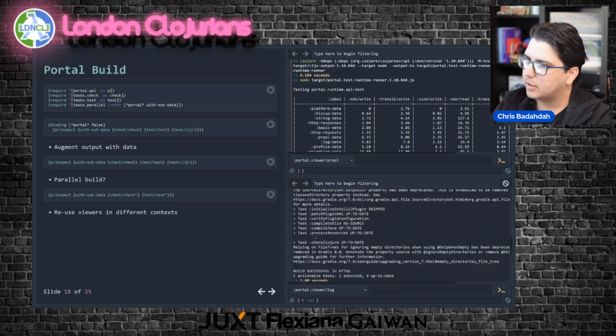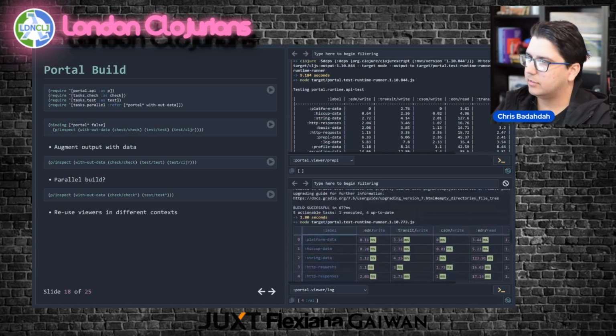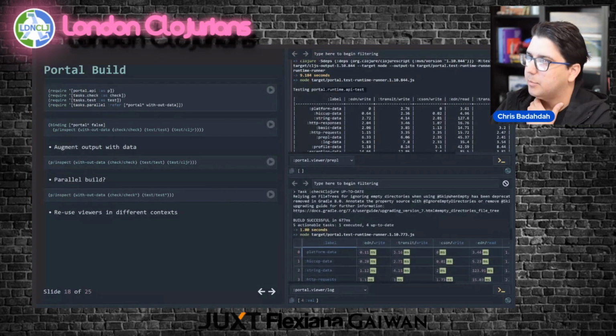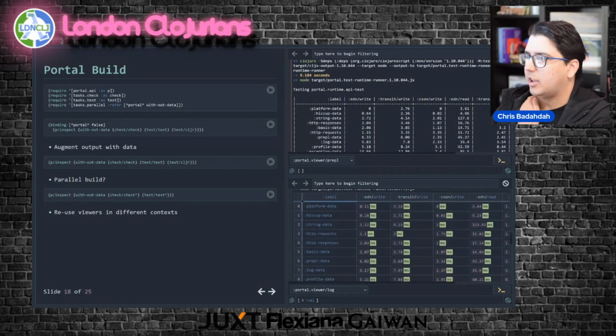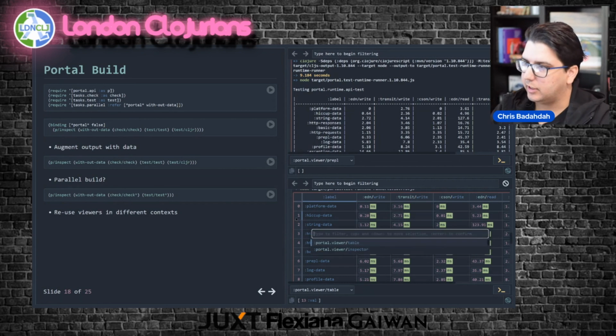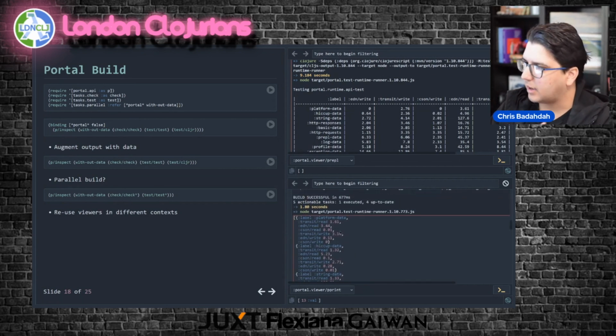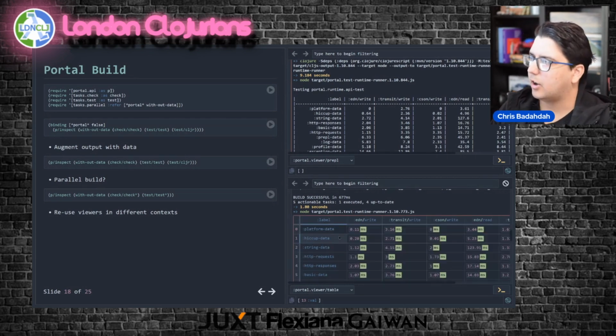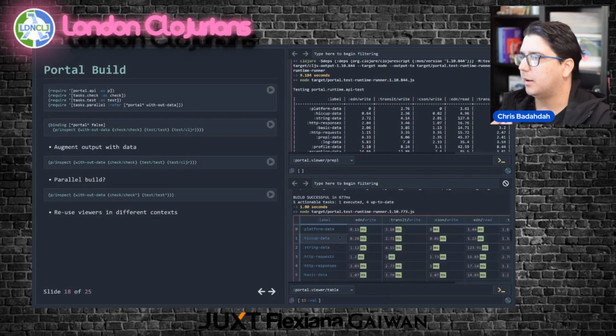Likewise, all the tables are tables now, right? So this table right here can be visualized using the table viewer that I demonstrated a while ago, which is nice because it's data. So if I wanted to copy paste it, or do stuff with it, like select columns, all those things are available to me because I preserved the output as data.